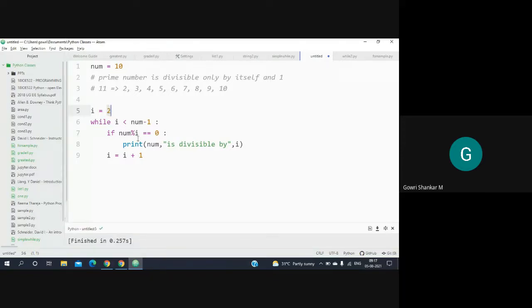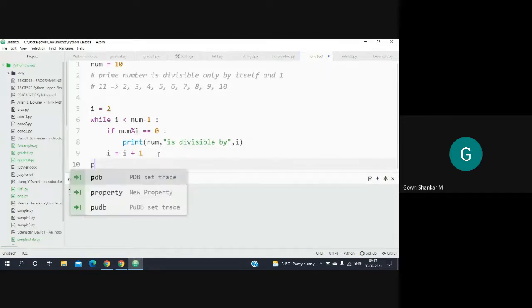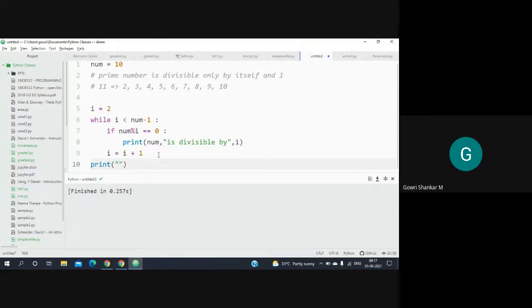Okay, so let's try this. So you see here, for 10 mod 2, the remainder is 0.